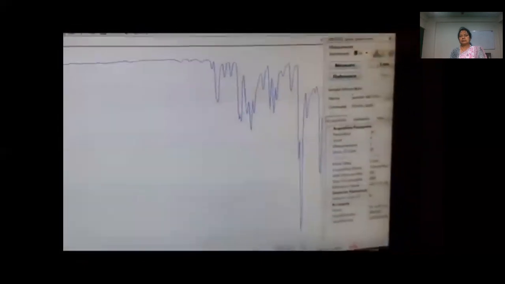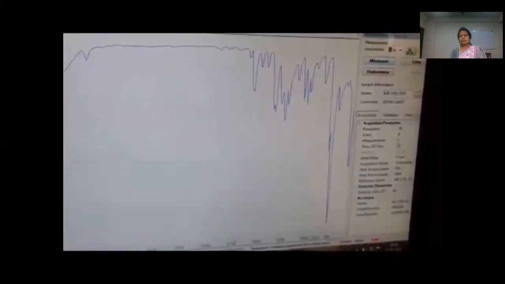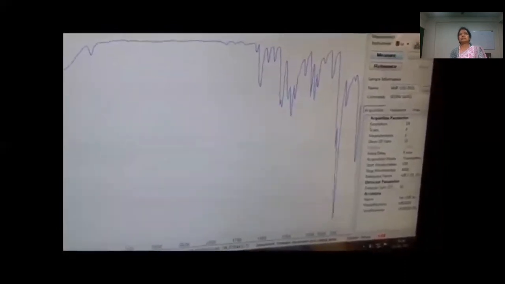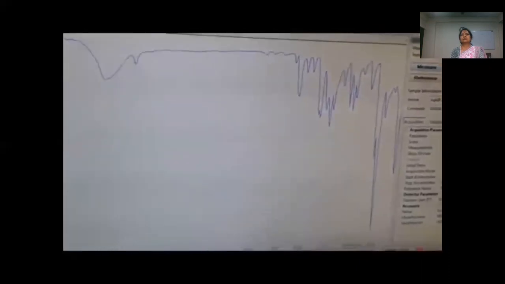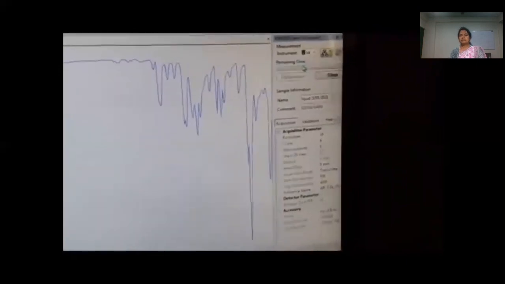Make it contact with the sample, right? Then I am going to measure. For the second sample I am going to mention here it is a liquid sample, right? Now measure this liquid sample.